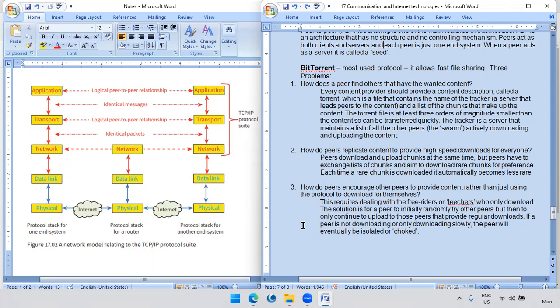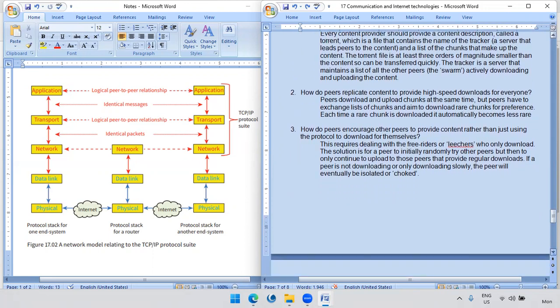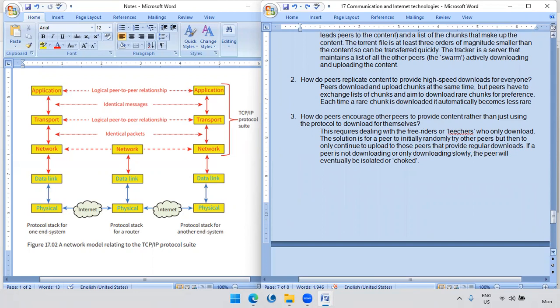How do peers encourage other peers to provide content rather than just using the protocol to download for themselves? Otherwise, if you don't encourage, some only download. So then there are few givers and more takers, few uploading and many downloading. This requires dealing with the free riders or leechers. They are called leechers,